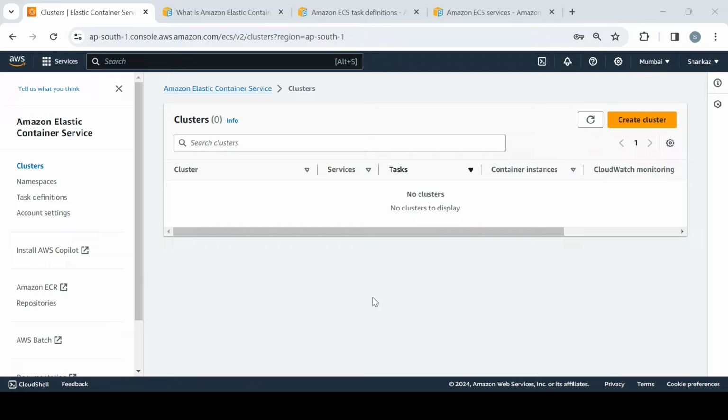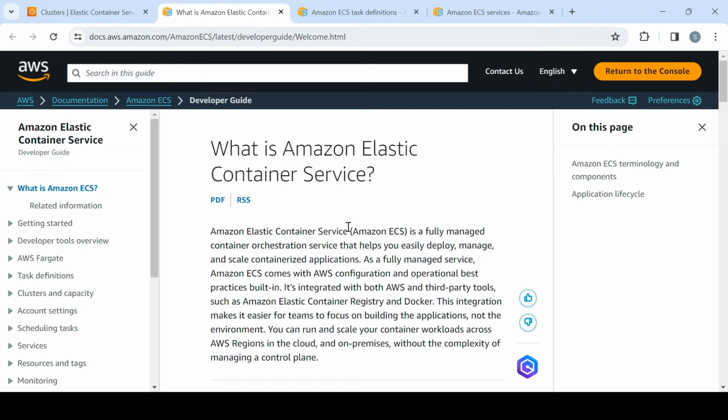We'll not go into detail because it contains several components that an individual is supposed to go through and read before they deploy the cluster. But just for your knowledge, I have opened three articles from the AWS official website that clearly explain what Amazon